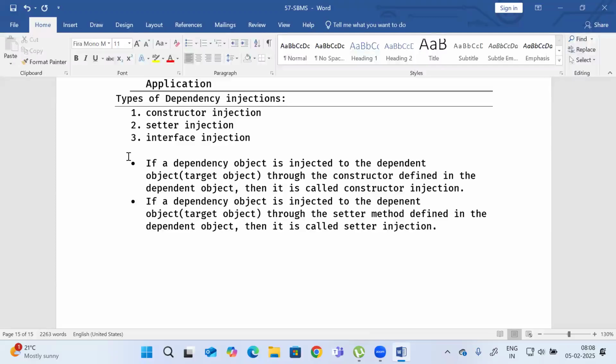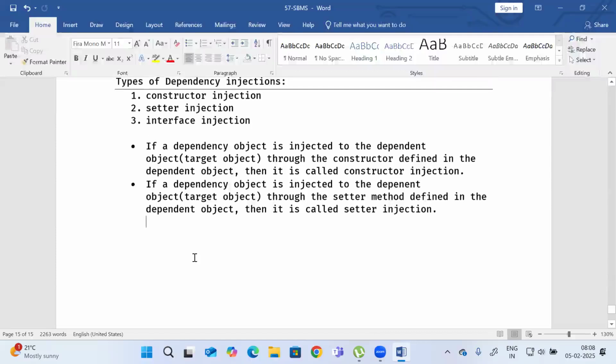The interface injection we'll discuss later, but first we are understanding about constructor injection and the setter injection. So these are the two things I'm first going to explain. Okay, very good. Now let's talk about it. For example,